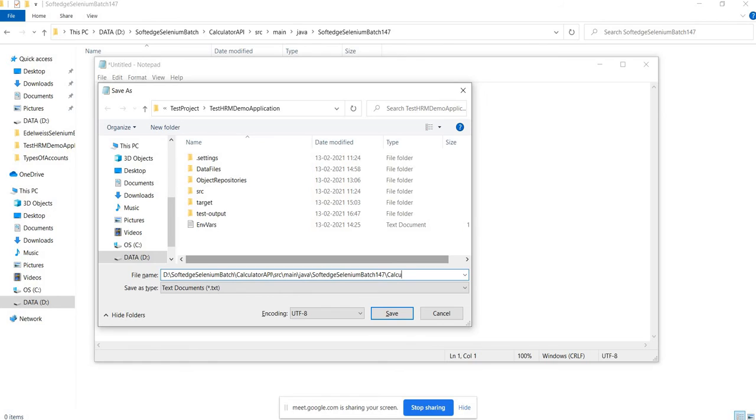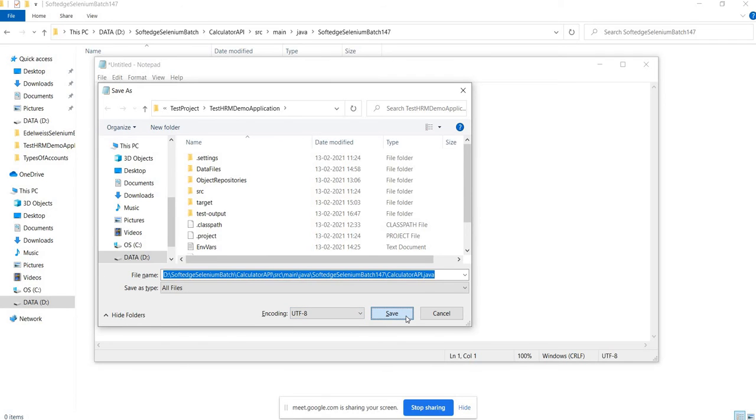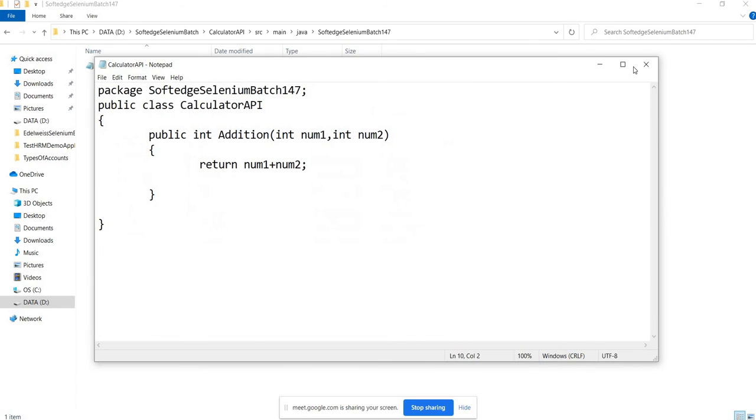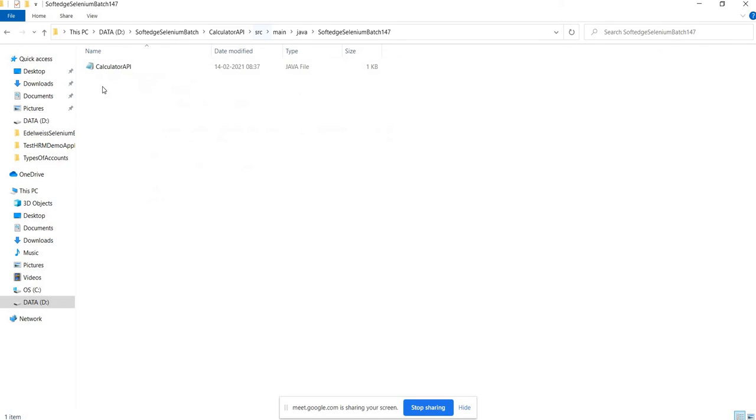So if you have a public class, then the name of the Java file and the name of the class should be the same. CalculatorAPI.java. Okay, and I'll just make this all files, and that's it. So I have saved it, right? So my file got saved in this directory.